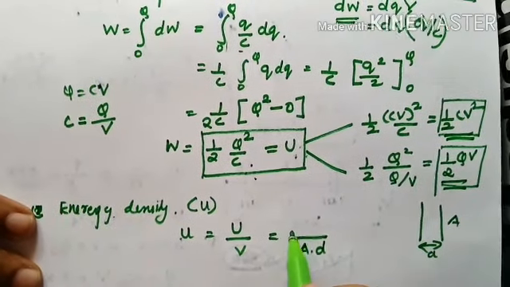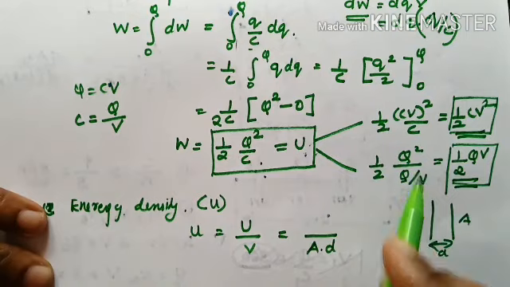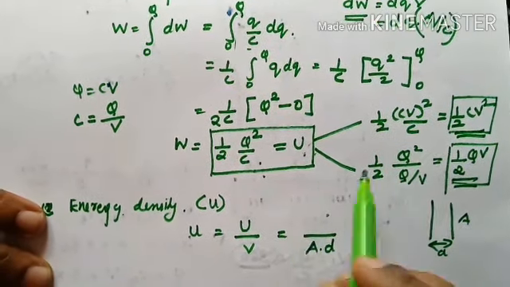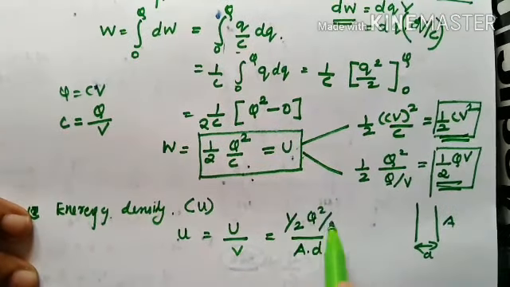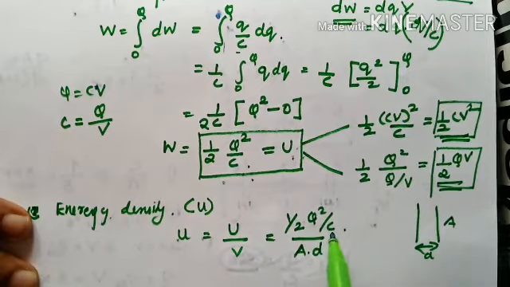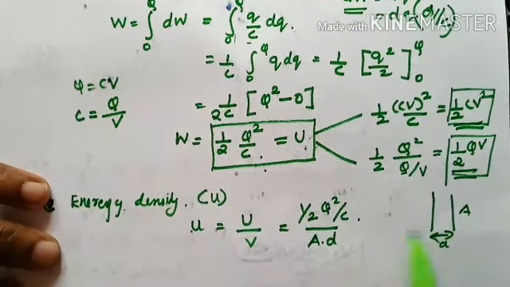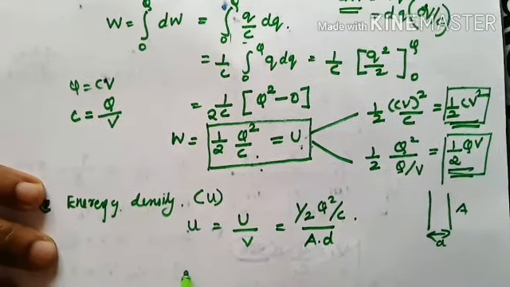So in place of U, you can write the expression from earlier, right? I have to substitute. In case of U, I will write it as half Q squared by C. In place of C, I can write the capacitance of a parallel plate capacitor, C is equal to A epsilon naught by D, right? So it becomes,